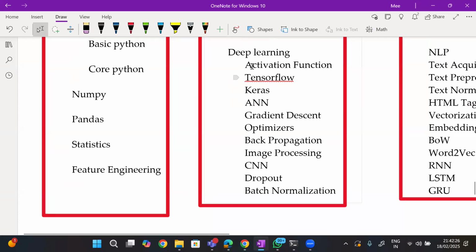So how it will go on is, this activation function I'm talking about. Activation function is a very, very small concept in the coding part. When you write the code, it's just one single point over there. But we will spend enough time to understand what the activation function is, what the different activation functions are, and which one we are going to use when. And then we will go with TensorFlow. I will explain how TensorFlow works and what its internal components are.